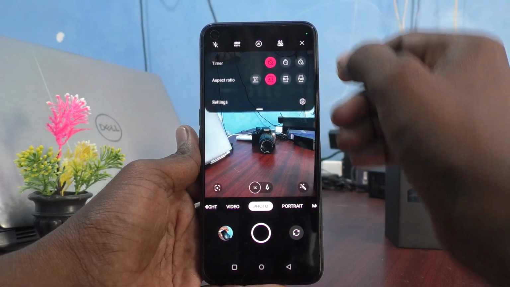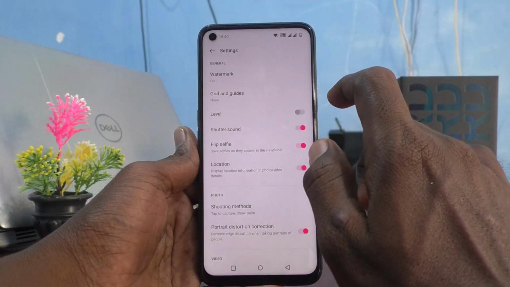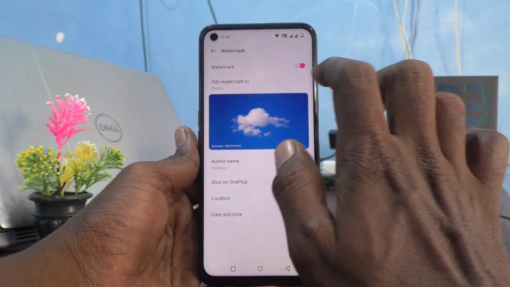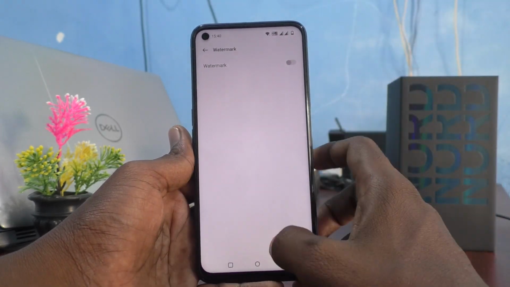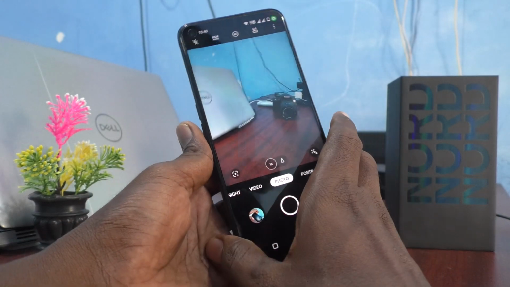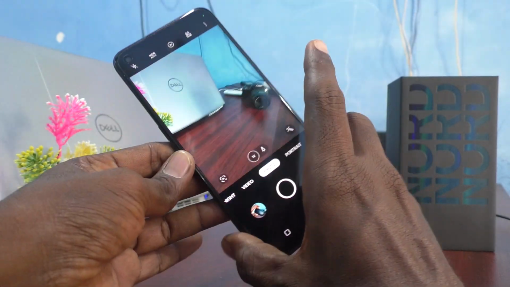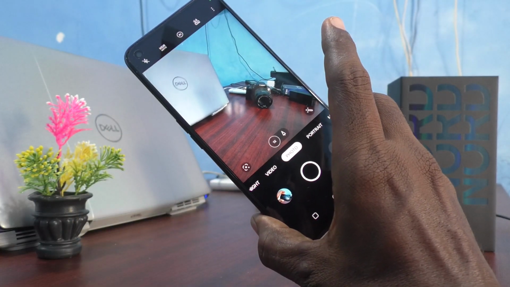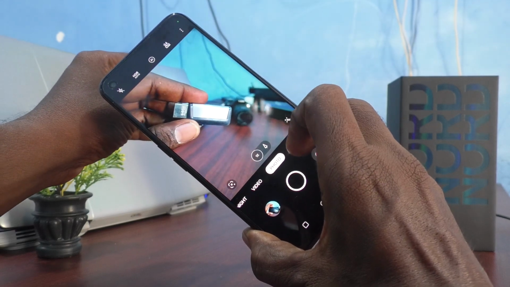First go to these three vertical dots and click on settings icon here and click on watermark and turn off this button. Now simply turn off and come back to camera and take a picture. Now I take a picture of this pen drive